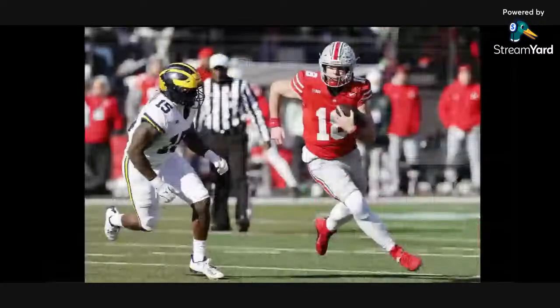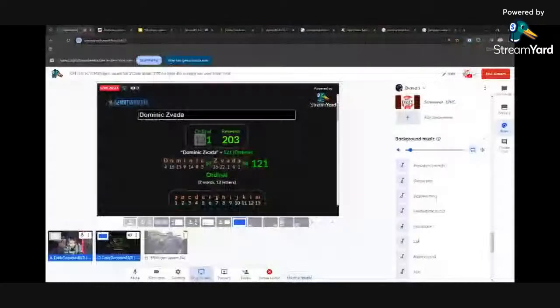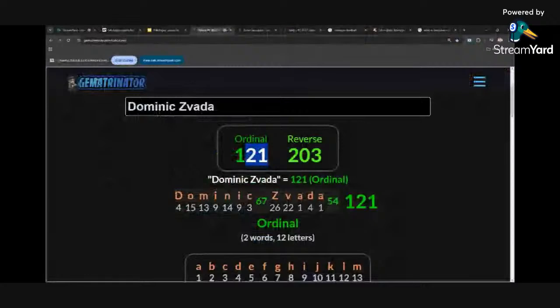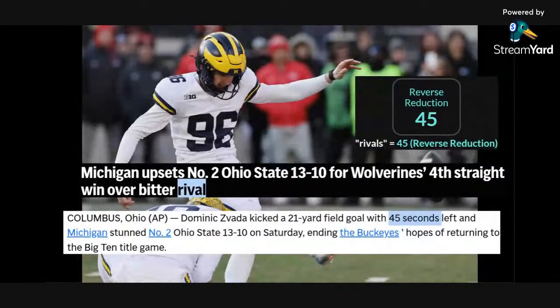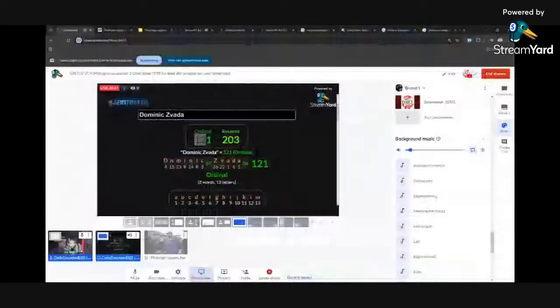And let me show you. Look at this. His name equals 121, trending on 12/1, 21-yard field goal. He's age 21. Rivals equals 45. 45 seconds left to kick.